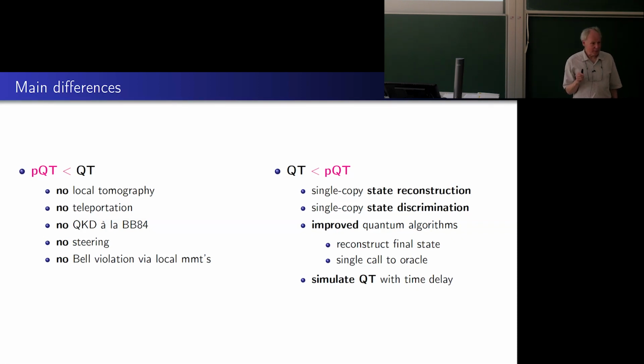But interestingly, passive quantum theory provides us with some advantages as well. So it's not that we only get a weaker theory, but in some respect it's also stronger. Single copy state reconstruction is a nice example. We don't need an ensemble to determine a state, but a single copy. I mentioned single copy state discrimination. And now here's an interesting thing. You can actually